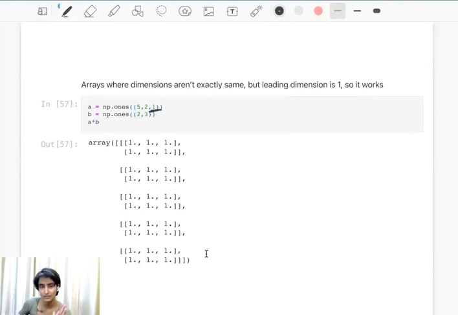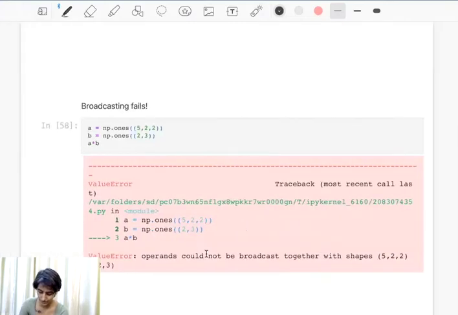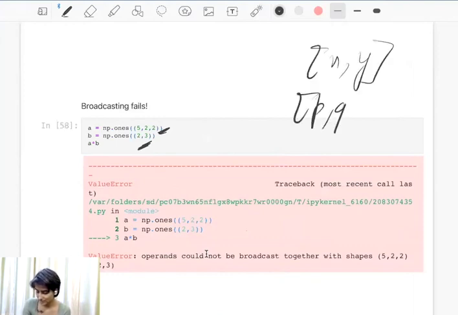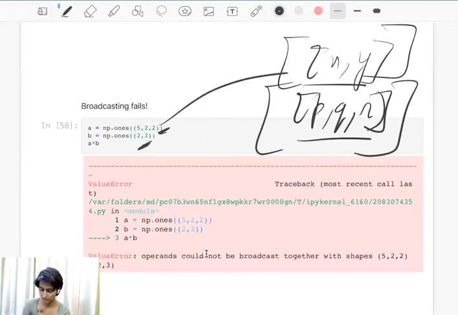And this only happens if the leading dimensions are equal or one of them is 1, else it doesn't happen. Here's an example of it failing. What happens is our leading dimensions are different. You cannot possibly stretch them out and bring them together. So basically you have something like this and something like this stacked into separate matrices. Because this is 3 and this is 2,